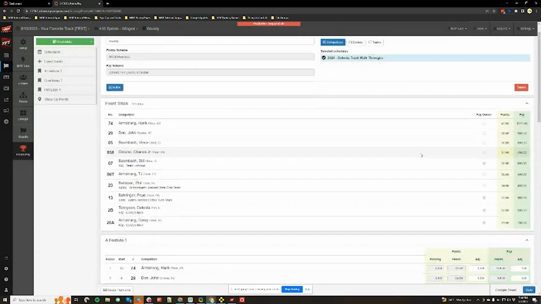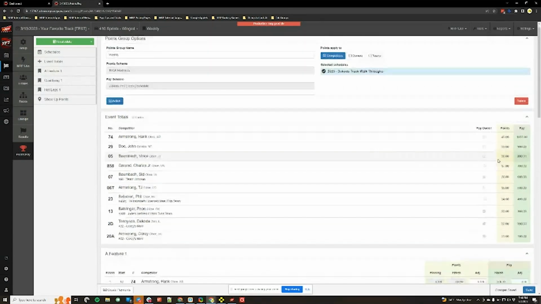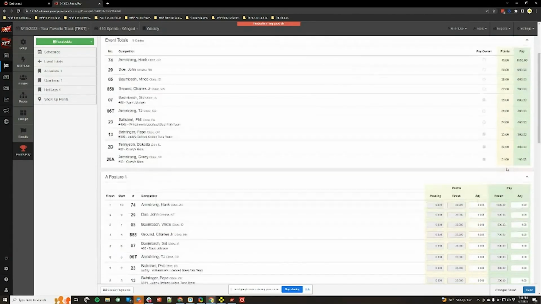This here is going to be the second to last screen that you're ever really going to look at on a race night. The first thing here is your point and pay totals. If you have a scheme or a track point setup where people get points for every race that they have been in throughout the night, so qualifying, heat races, features, etc., this becomes very important